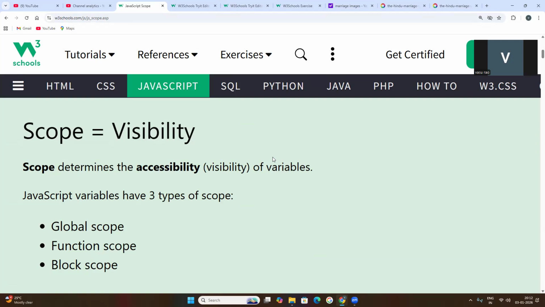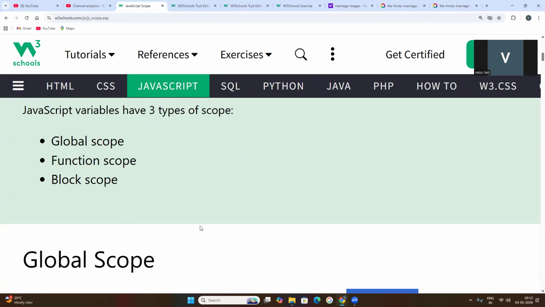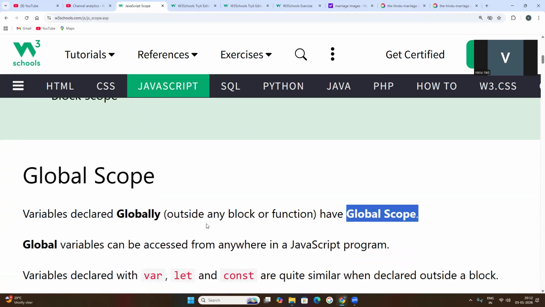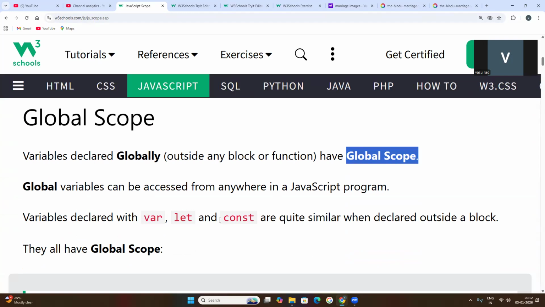In JavaScript, variables have three types of scope: global scope, function scope, and block scope. First of all, let us understand global scope. Variables declared globally, outside of a function and not inside of a function, generally have global scope.